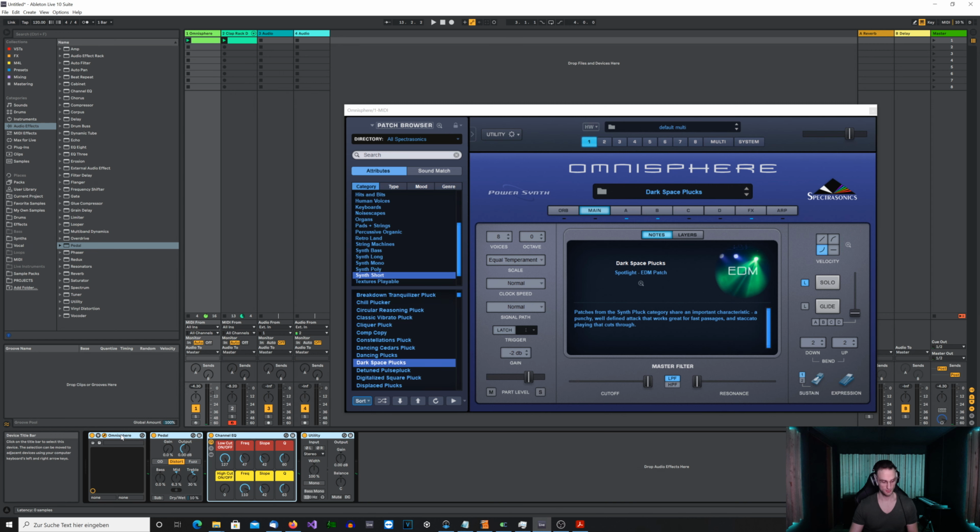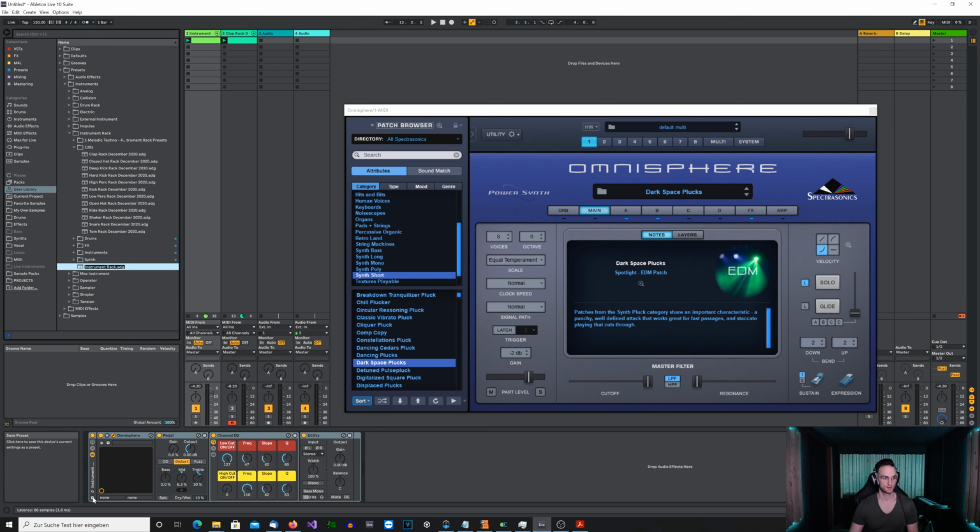Then what I will do is I will just group all these plugins into an instrument rack, and then we can just save it. Let's say we have, I will always call it with a quick, with 2 letters, which